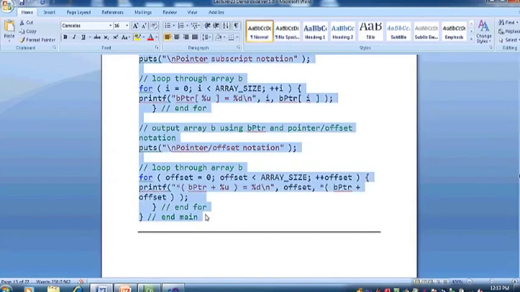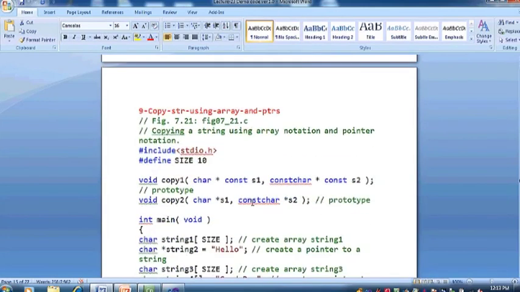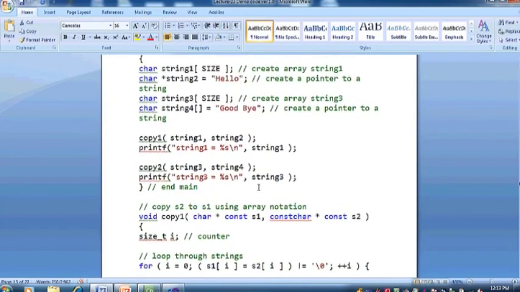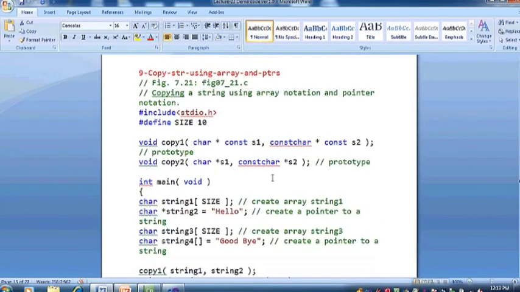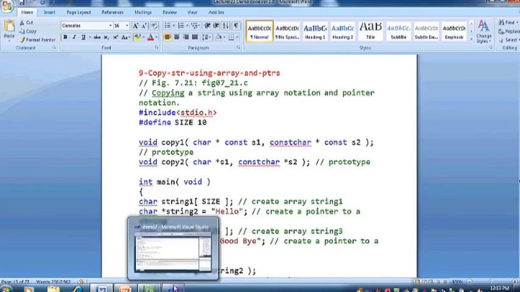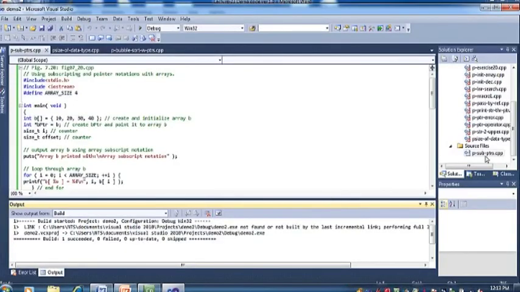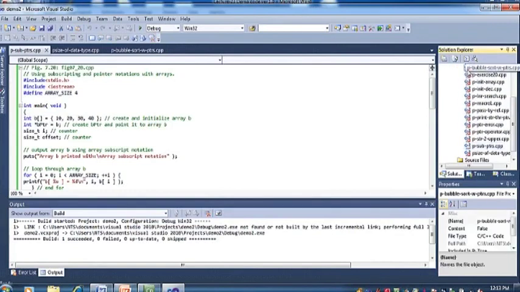So, copy string using array and pointers. Okay, students, I hope still you have some energy. So let me take few more examples. If you cannot do it in one sitting, you can do it in multiple sittings, okay, but let me do it in one sitting. But I advise you that you can go through this particular exercise, and in this particular